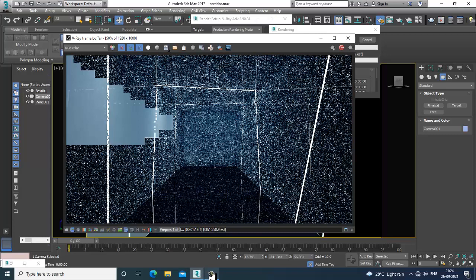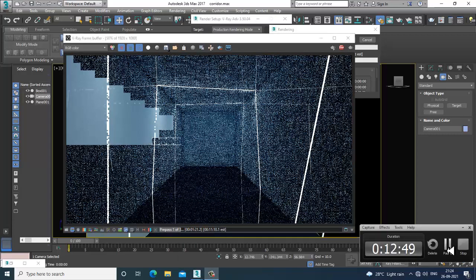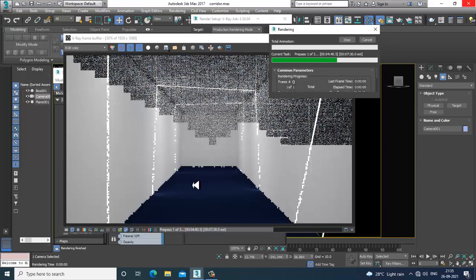Okay, let it just render. So as you can see over here, I have just changed the color of this wall. Let it render. So you can see that you can create such kind of corridor lights for restaurants.